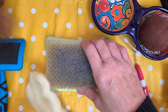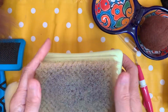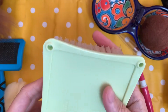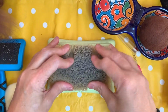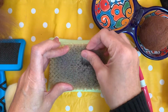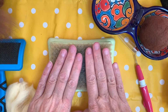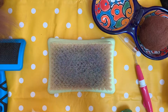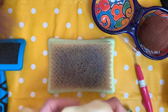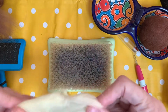Okay, so I've come back now with my needle felting mat. It looks like a huge scrubbing brush, doesn't it? It's a clover felting mat and it's a brush, which is quite nice. Obviously whatever you have will be fine. A sponge or something that you can felt onto. And what we're going to do is, I've got my saucy colour of felt and I'm going to lay out some strips of it